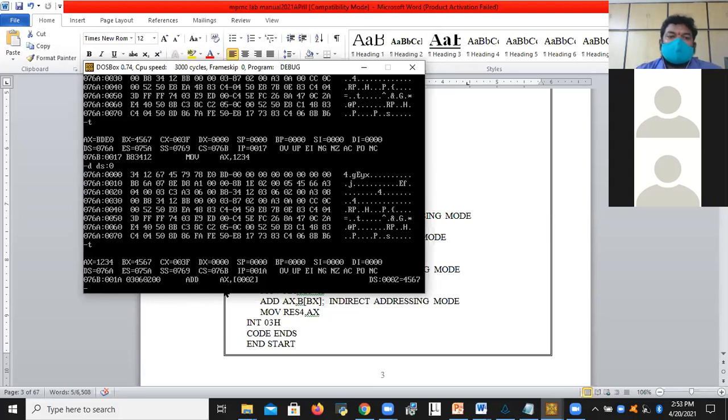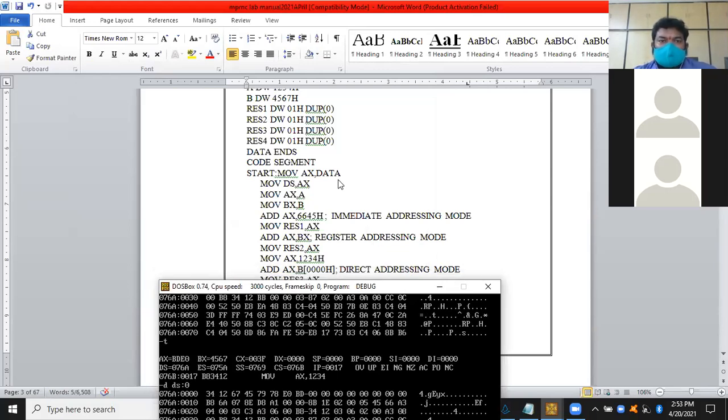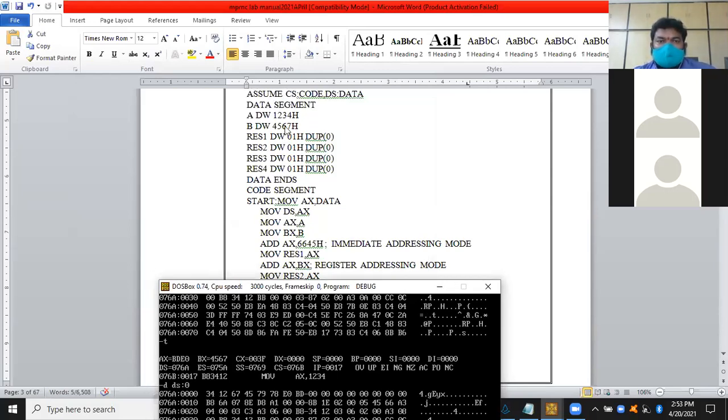Next, add AX comma B. What is the instruction that we are using? Add AX comma B. B is nothing but the second number, 4 5 6 7, right? 4 5 6 7 is added to 1 2 3 4.